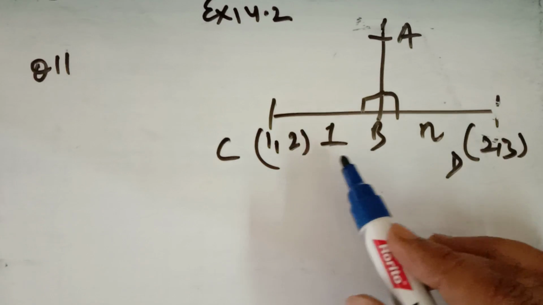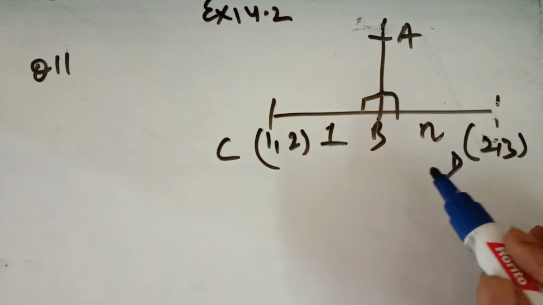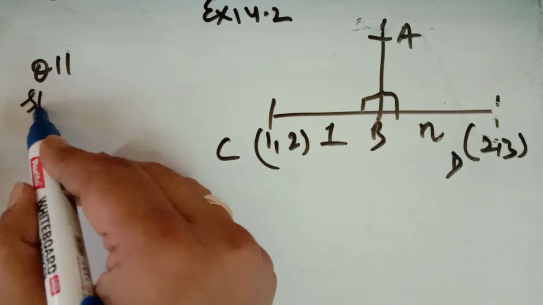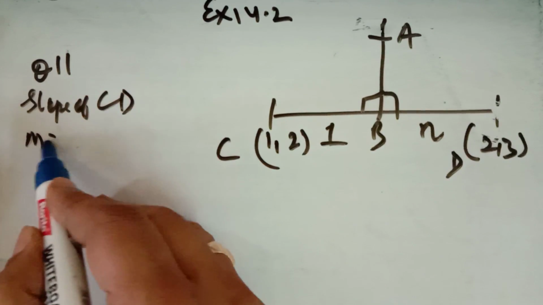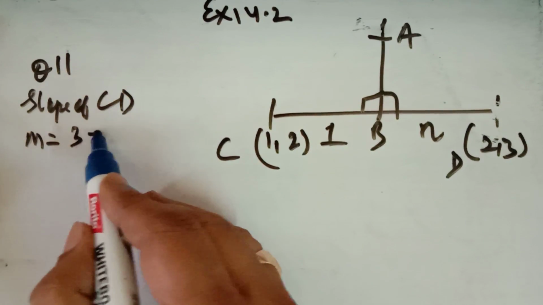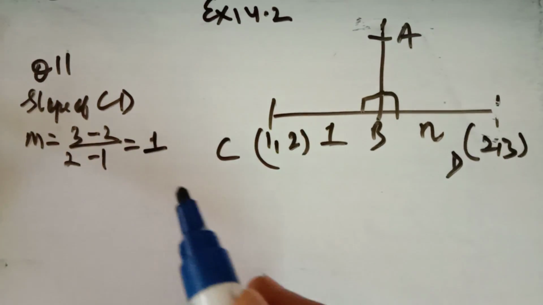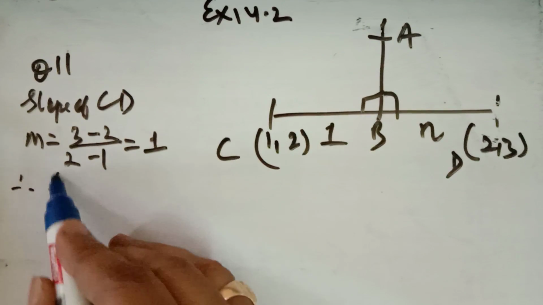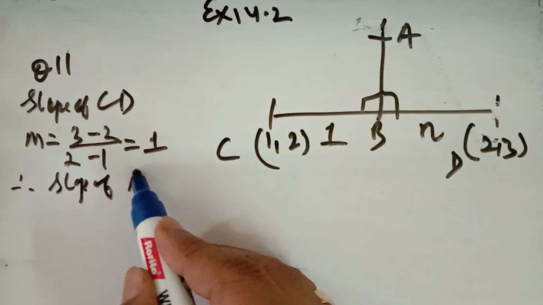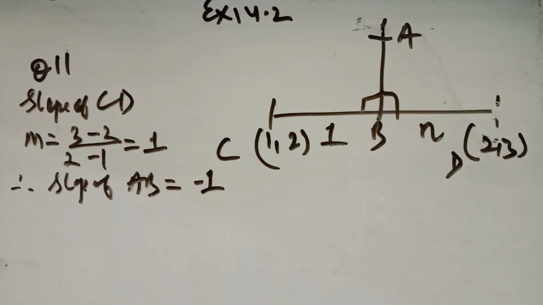1:n? In place of n there can be a constant number, let us say 1:2. And how do we have to do this question? First of all, you find the slope of the line CD by the same method we have done in question number 10, (y2 minus y1) upon (x2 minus x1), which is coming out to be 1. And from this you can easily find the slope of AB, which will be the negative reciprocal of this, because the line is perpendicular to CD.